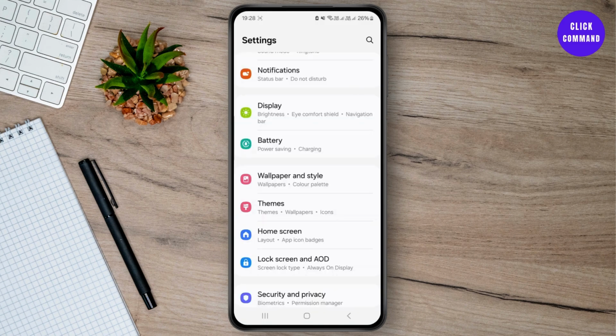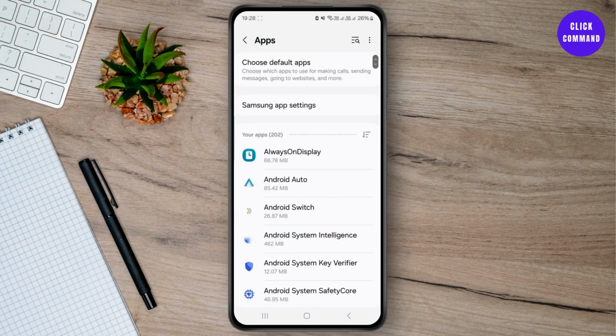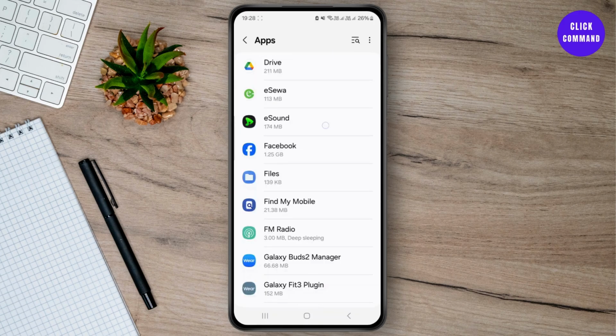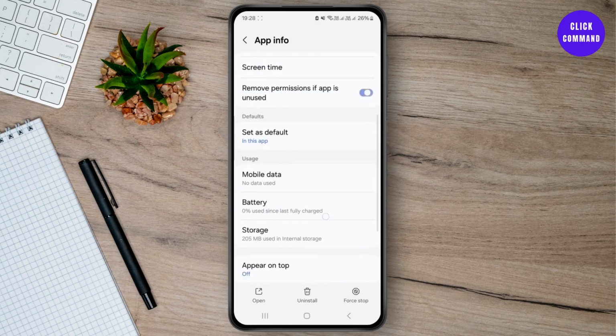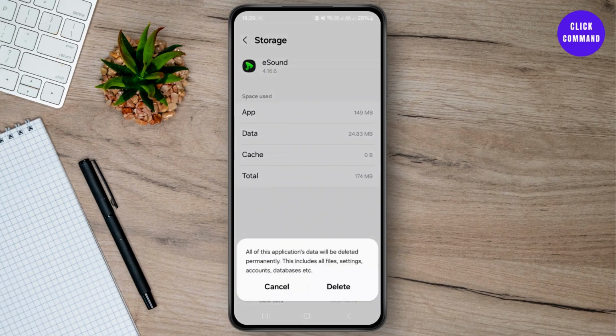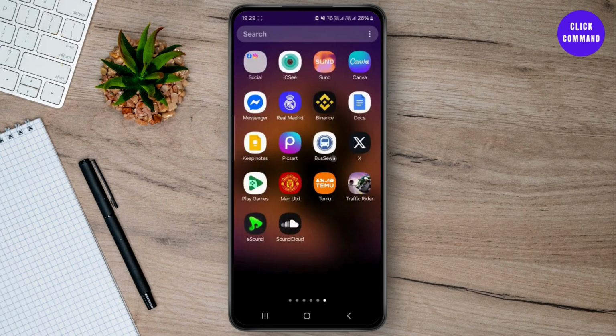settings, and once you're inside your settings, scroll all the way down until you see the apps option. Just tap on it and locate the eSound application. Once you find the eSound application, click on it, and from over here scroll down until you see the storage option and clear the cache data from over here and clear the data as well. You may have to log in again with your login credentials, and that should successfully fix your issue of